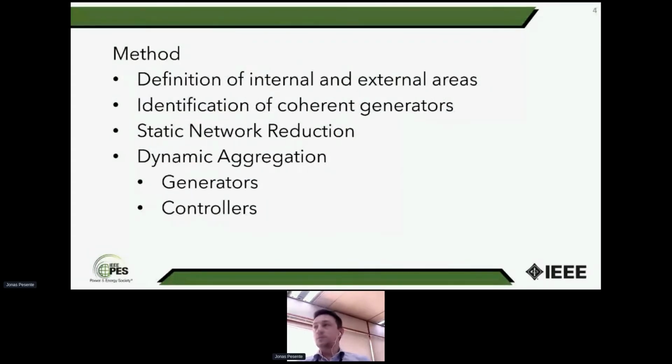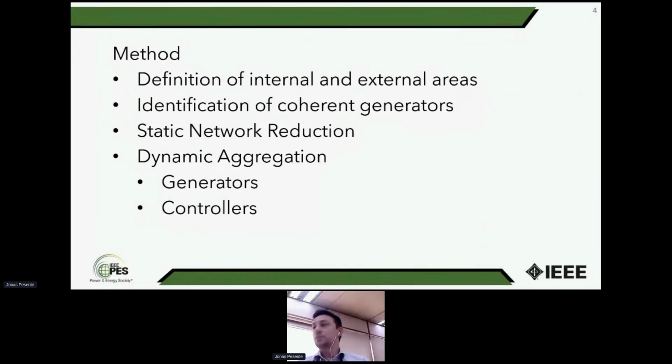The power system reduction was performed by the following steps that are presented in these slides. First, definition of internal and external areas. The external will be reduced and the internal will be preserved, because the phenomena will be measured on the elements in the internal portion of the power system. The internal area for our system is most of the Paraguayan elements, Itaipu and Acaray power plants, since most of the tested devices are installed on these elements. And the external area is the Argentinian power system, since we are not involved in deploying devices there, and the Uruguayan power system, so it is the same.